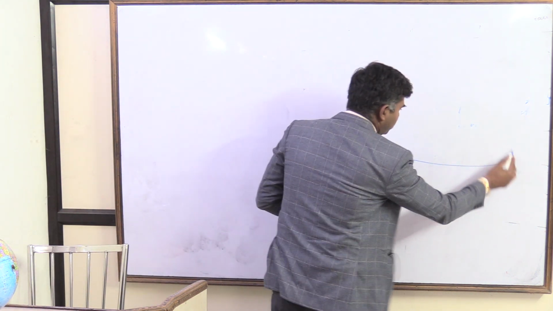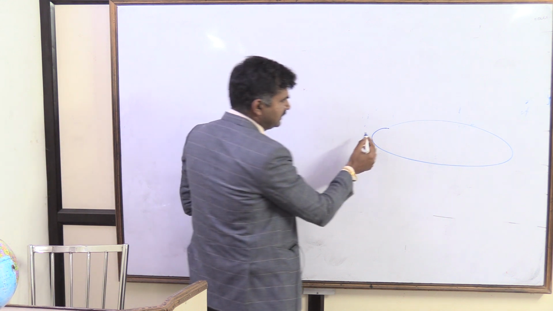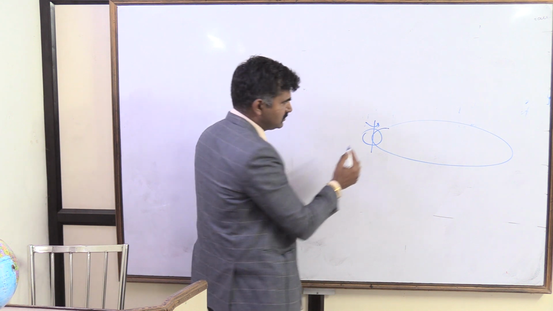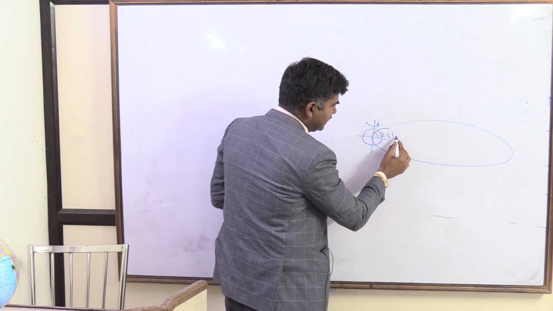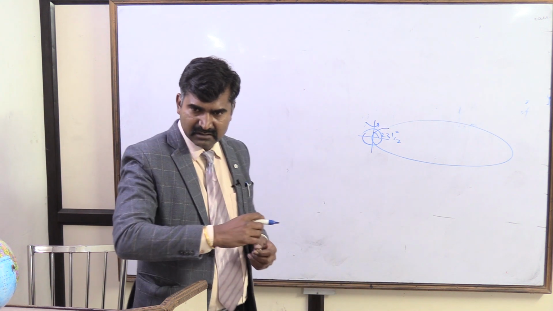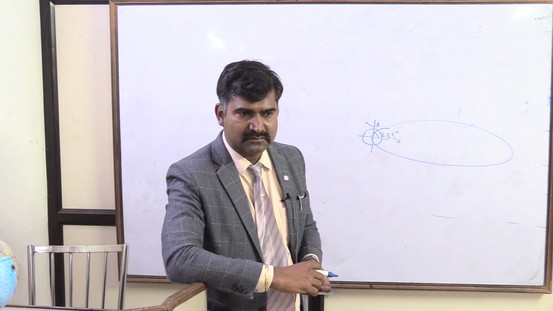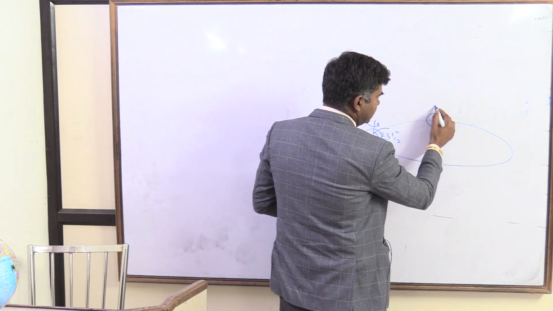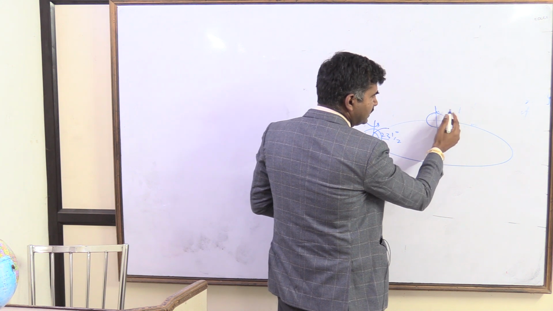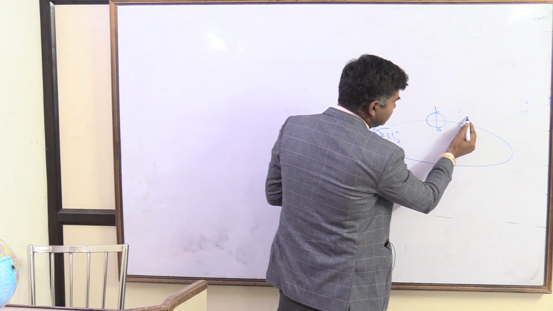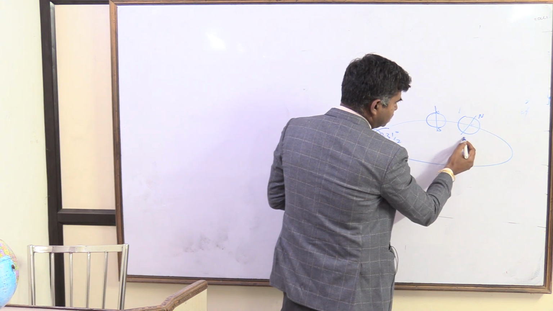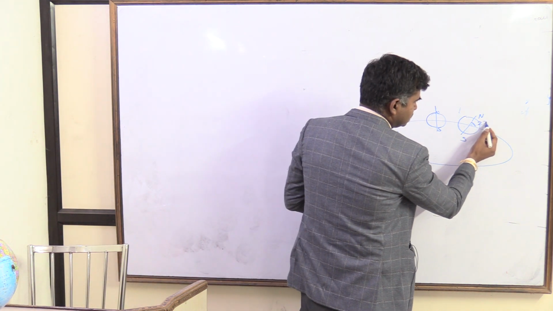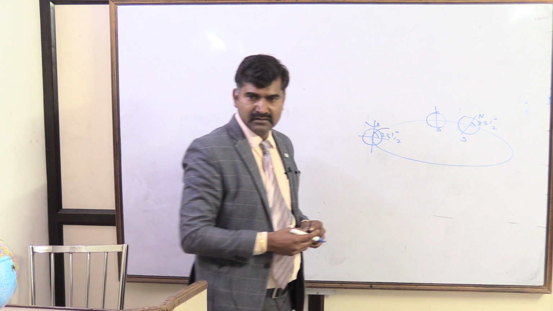So what he is saying is, this is the orbit, and this Earth is rotating. So this angle is 23.5 degrees, right? No sir. Okay, see, this is Earth and this is the North Pole, this South Pole, it is tilted. It is like this. So this angle is 23.5 degrees. No sir.